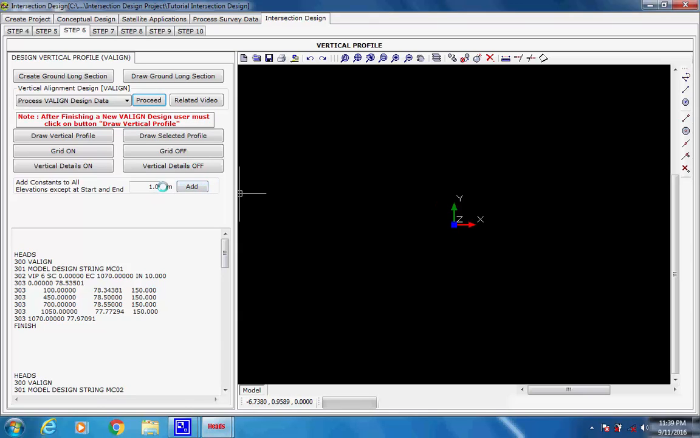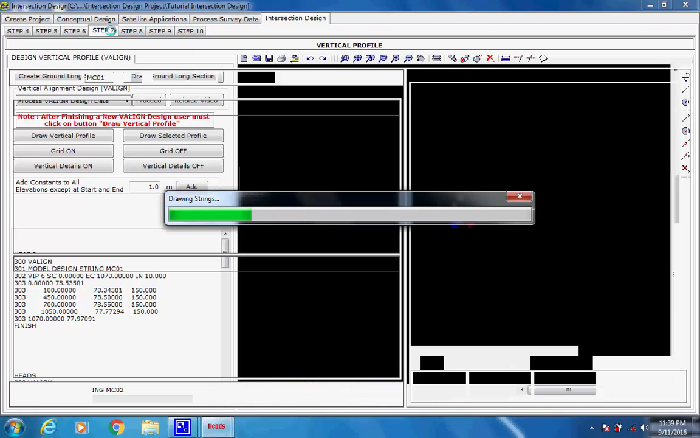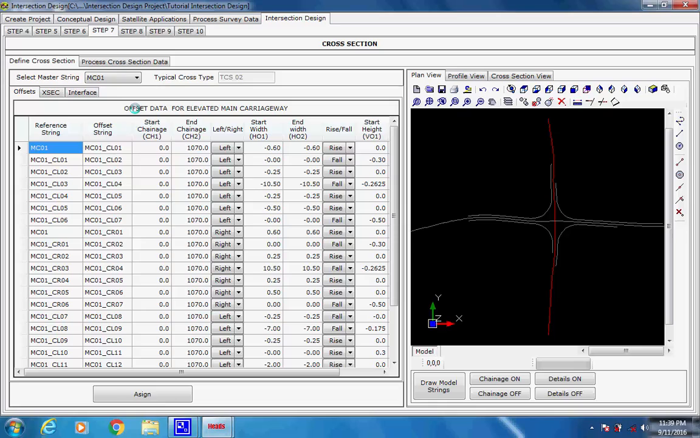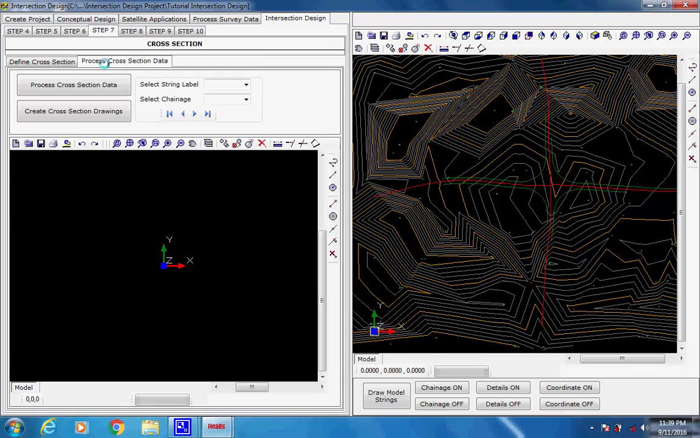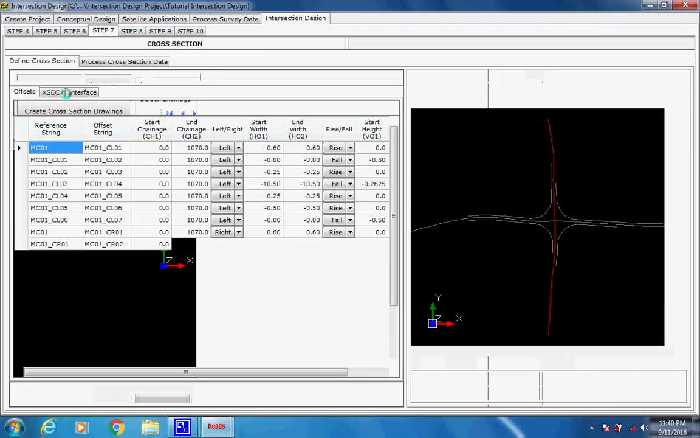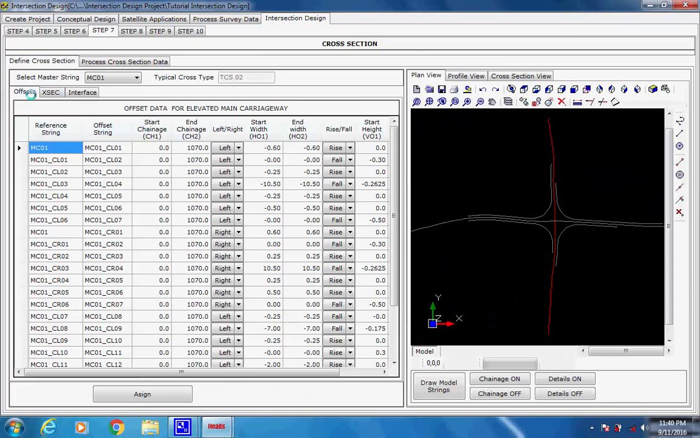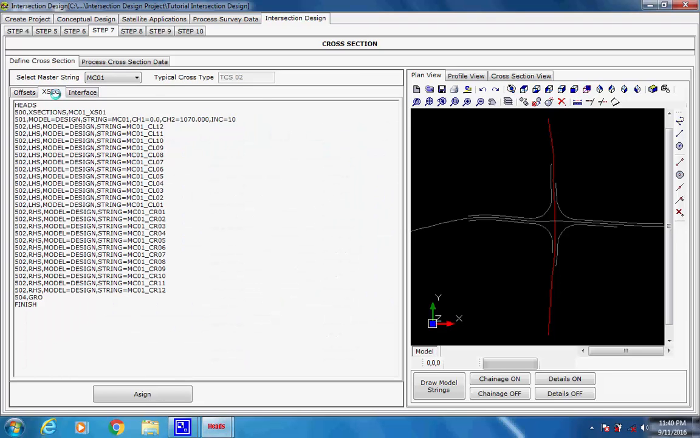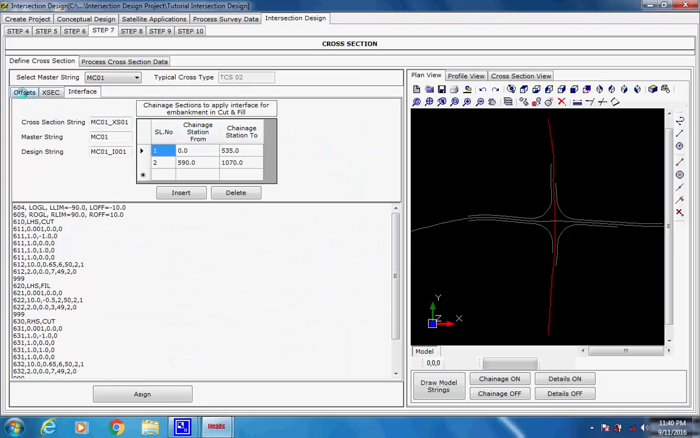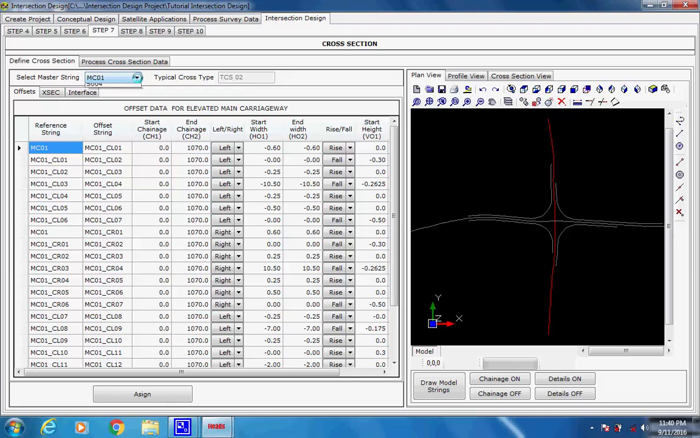Design of cross sections for main intersecting highways and slip roads. Next, select the tab page for step 7 for the design of cross sections of the main 2 intersecting highways and 4 slip roads. There are 2 tab pages: Define cross section and Process cross section data. Selecting the tab page Define cross section, user has to select a road by selecting the master string from the list of all the 6 strings MC01, MC02,